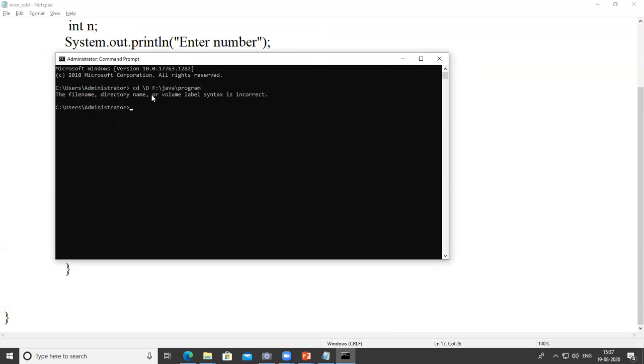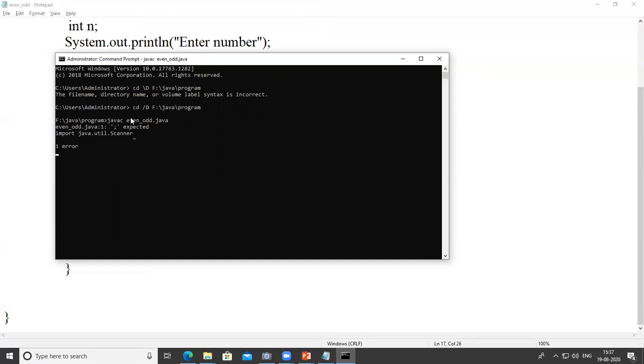Yes, it redirects me to the F drive. Now I write the command javac and the program name e1_odd.java.